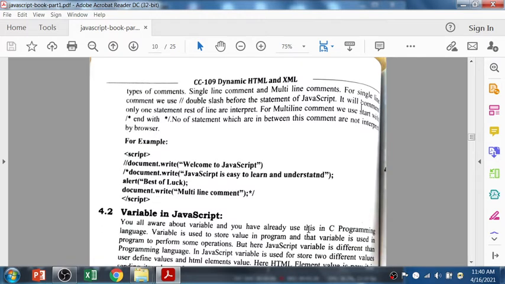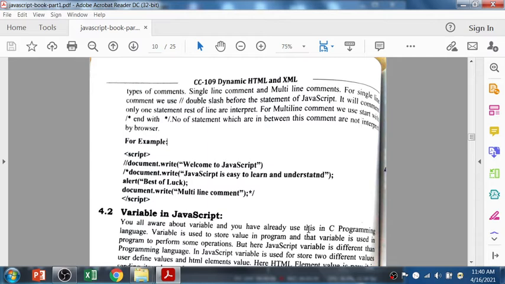There are two types of comments, single-line comments and multi-line comments. Single-line comments start with a double slash before the statement, and a multi-line comment starts with a slash and a star, then you write the comments, any number of lines, and end with a star and a slash.